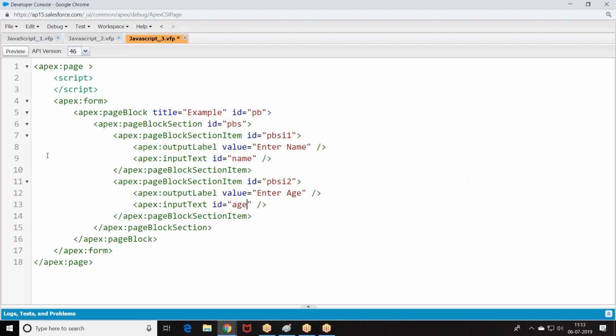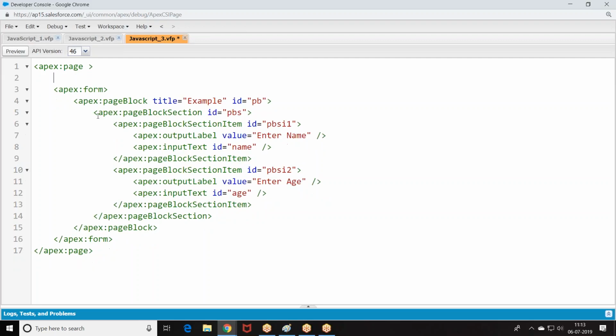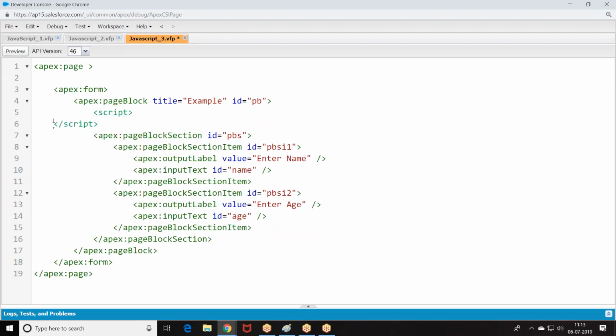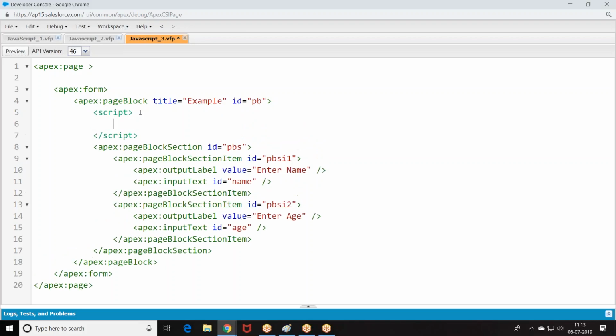We got it. Now what I'm doing is, script I can write anywhere. I'm writing the script here. Instead of running the script there, I'm running the script here.